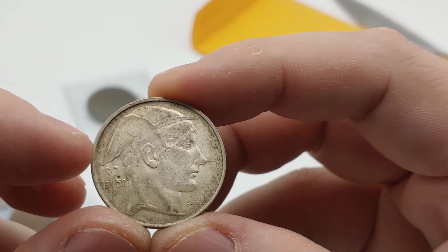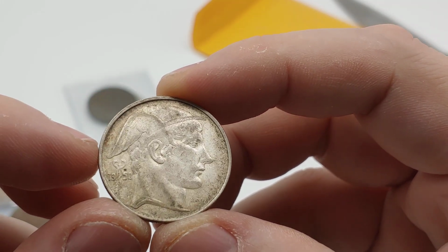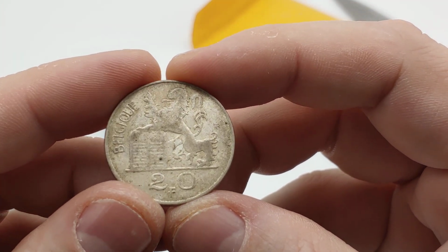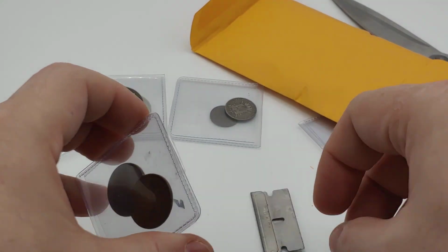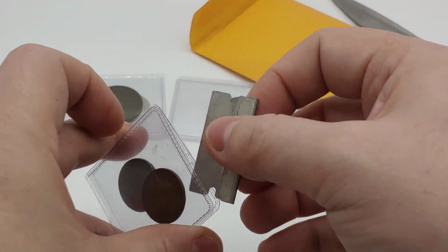Isn't that the god of speed? Hermes? Is that the wings? He's got the winged hat there. So I think this is commemorative. 20 francs. That's so cool. Very cool coin. But I've actually been enjoying getting these in and doing the research on them, and it